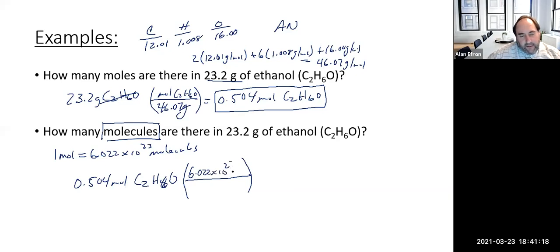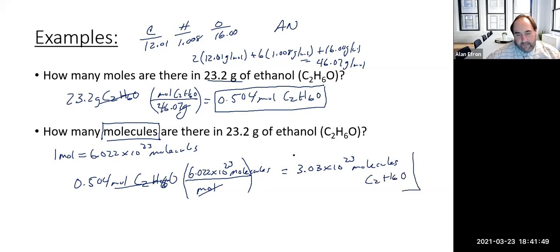And again, we would use molecules here as the unit because we're dealing with that per mole. Moles are going to cancel, and that will get us something in the ballpark of 3.03 times 10 to the 23rd molecules of